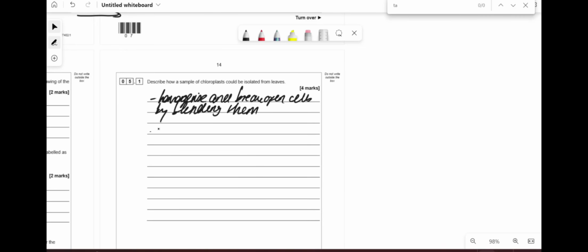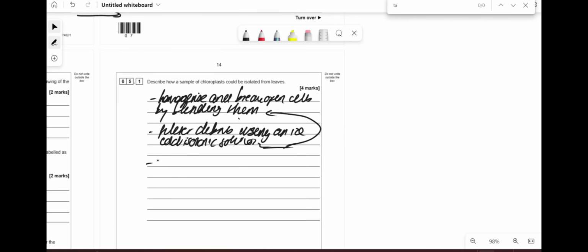And then you need to say how you're going to get rid of the rubbish. So you filter debris using an ice cold isotonic solution as well. Sorry, I should have mentioned that before in this first point. The reason you want to use an ice cold isotonic solution is that you don't want water to enter leaf cells, causing them to shrivel or shrink, and you also don't want enzymes to continue working. And then all you do is you centrifuge